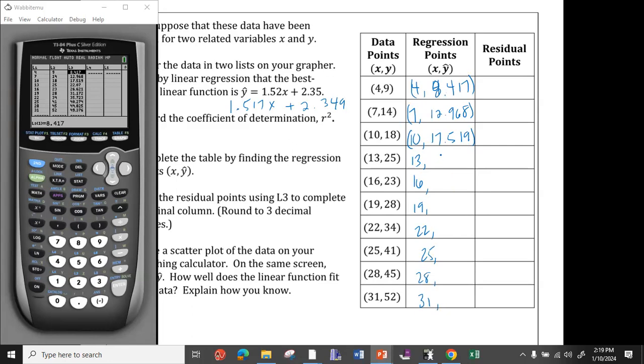And then that gives us 22.07. I don't know why my little calculator is so tiny, or my eyes are going bad. It's me, probably me. 26.621. Then we're at 31.172. 35.72. If it asks you to